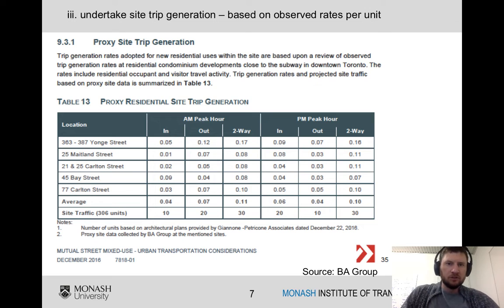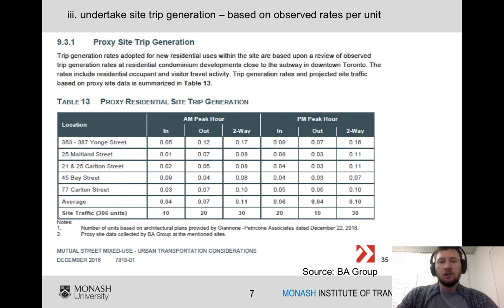So here we go, we've got a whole load of traffic surveys that have been done outside these various places, and in the AM peak hour they generated 0.17 vehicle trips per unit. This one here, 0.10 vehicle trips per unit. And so you get an average, and that gives you an idea. And so for our building with 306 units in this case, we're estimating it's going to be about 30 trips